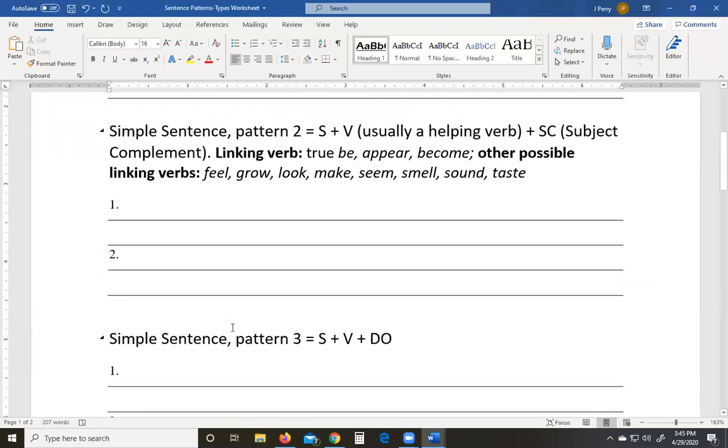Simple sentence pattern number 2 is a little bit more complicated, and I will get to that in just a moment. Okay. Here's my